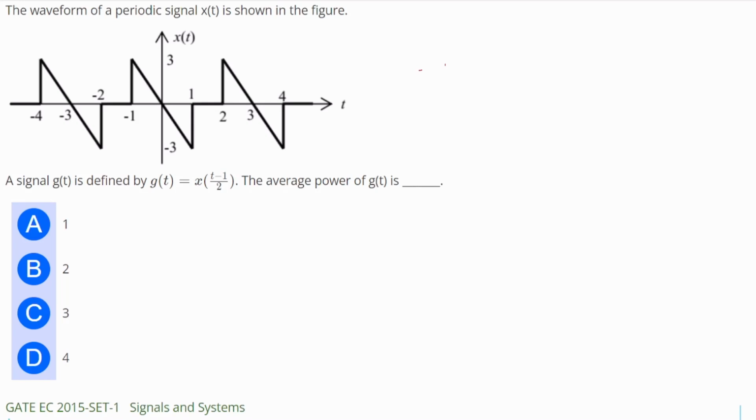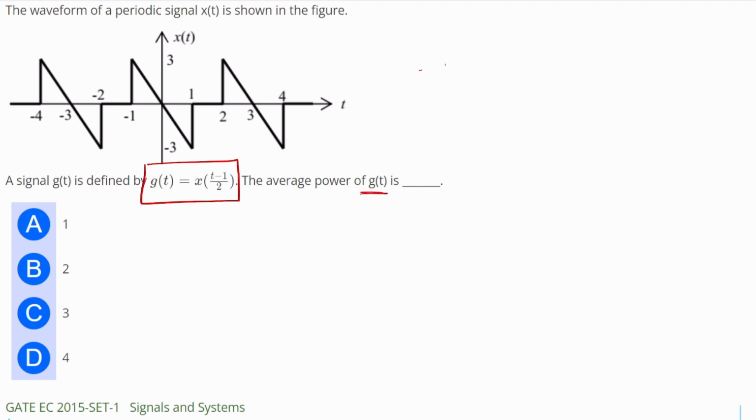So we are doing previous year GATE series questions and we are on the subject Signals and Systems, and moving on to the next question set. The question says that the waveform of a periodic signal x(t) is shown in the figure. So this is some periodic signal x(t) which is given, and a signal g(t) given as a shifted and scaled version of x(t), like x((t minus 1) divided by 2),